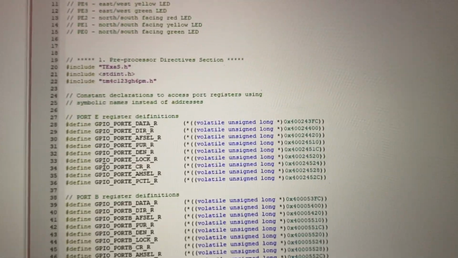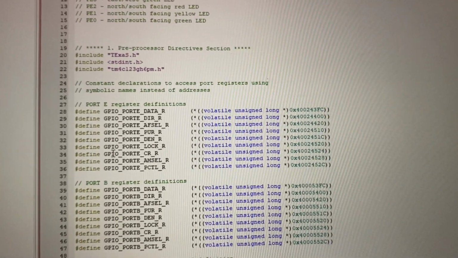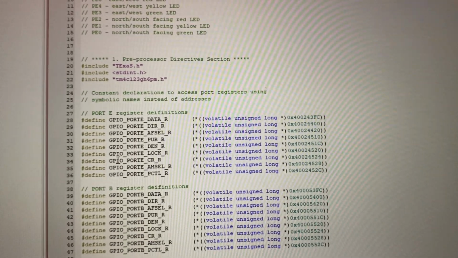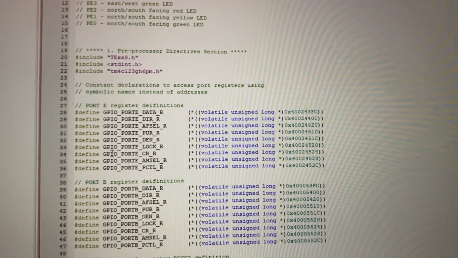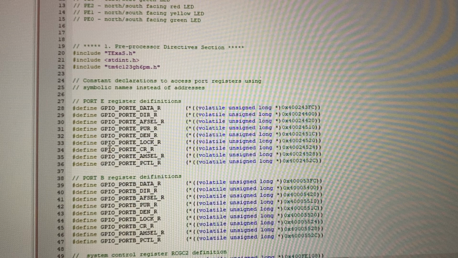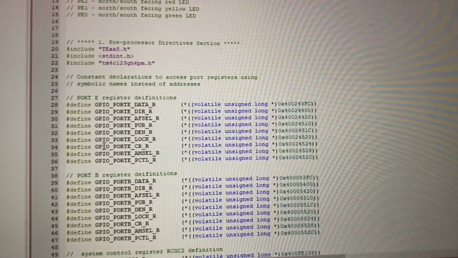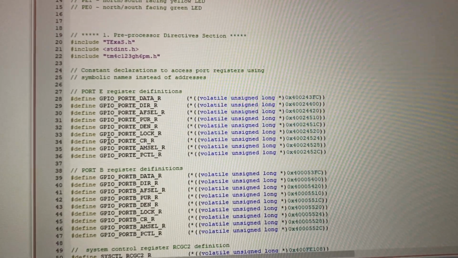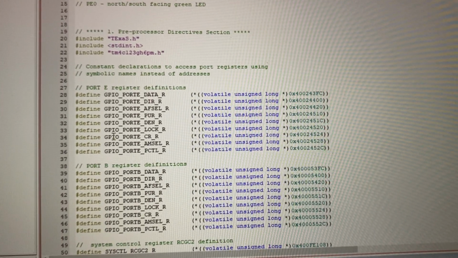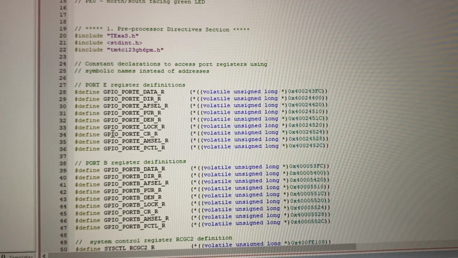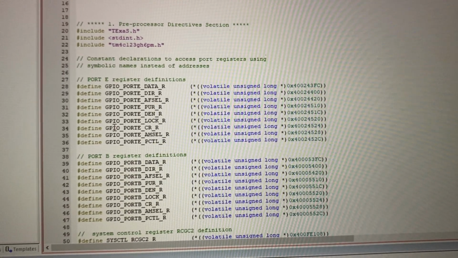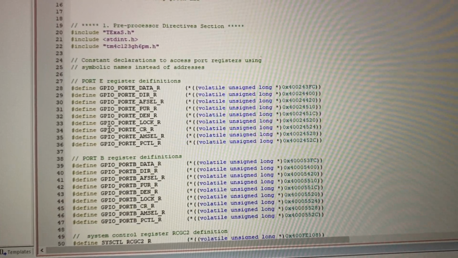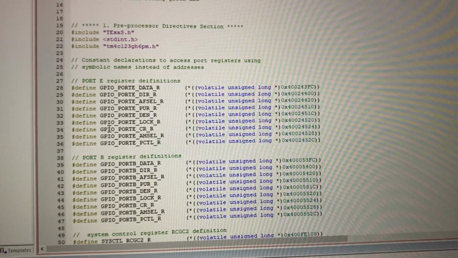So as you can see here, I have my three include statements: texas.h, which is going to act as the grader; stdint.h, which is essentially going to provide us with specific int values for inputs in our finite state machine; and tm4c123gh6pm.h, which is essentially going to provide information for a SysTick module, which is going to act as a delay